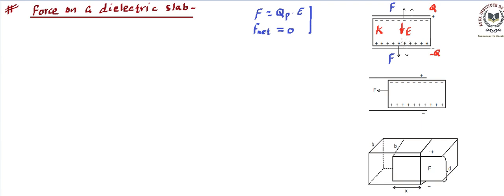So is there going to be any deformation in the dielectric slab? We can say yes, there is going to be deformation, because these are deforming forces and they are trying to deform the dielectric slab, but they cannot move the dielectric slab because the net force is going to be 0. So that means the net force will be 0 when the dielectric slab is completely inside. So this is the case when the slab is completely inside. Okay, so let me write this point over here. This information is when the slab is completely inside.